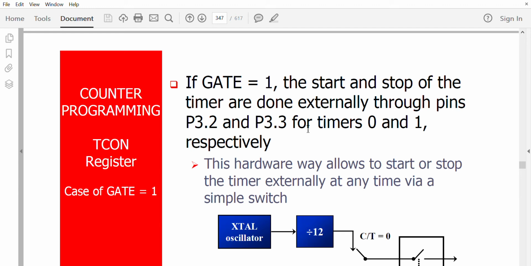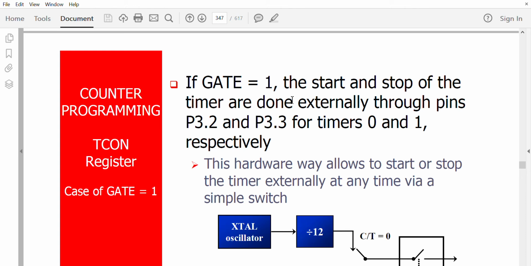So P3.2 and P3.3 will externally control the start and stop of the timer, not using a software instruction. So how did we start and stop the timer till now? By setting TR0 or TR1 or clearing TR0 and TR1, we were stopping and starting the timer.